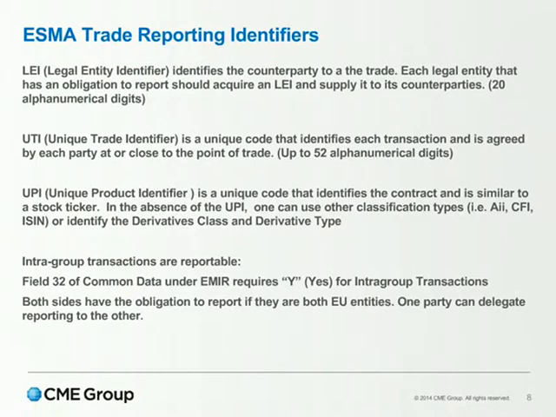There's a definition on some slides in front of you, which we'll send around a little bit later on, about what these LEI, UTIs, and UPIs are now. LEI is a centralized source. UTI, there is no central source of a UTI, and this is a problem. In some of the major markets, electronically traded markets, there is a UTI. For instance, all the futures exchanges, the clearinghouses are going to put that on at the close of business. The same is true of electronically traded markets. Most of those will put a UTI on, so it would be very easy. Two parties to the trade will have the same unique trade identifier.